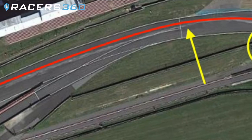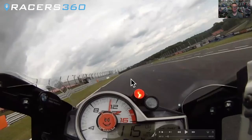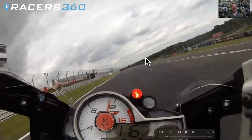As we're approaching that, there's a few things which can help us here. We're still doing 120, 130 miles an hour as we're getting to this point. So the corner's really starting to come at you. And because of the rise, we still can't see the corner. So you really need to be very positive and confident where you are on the track at this point and be proactive to know what you need to do